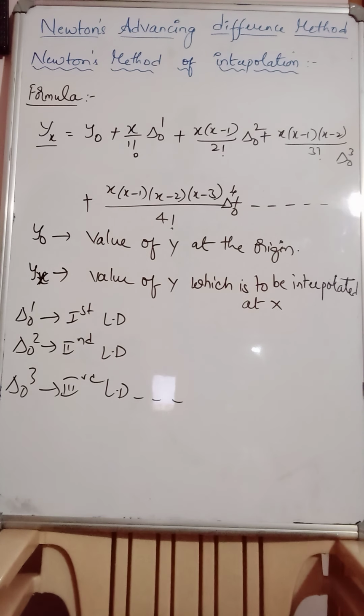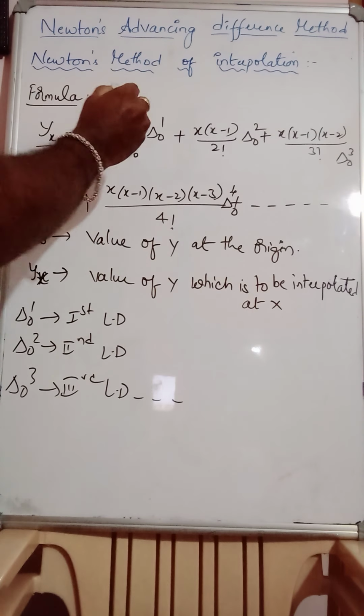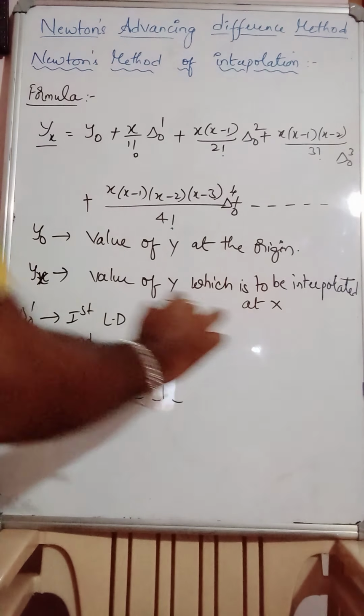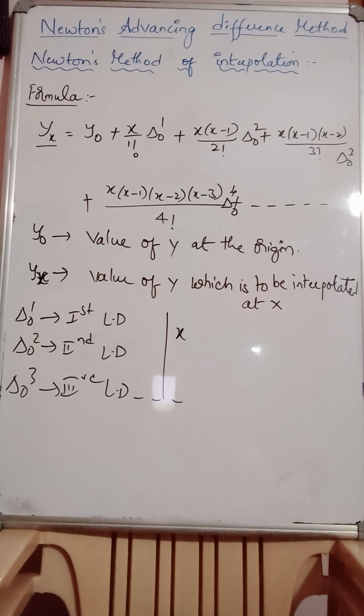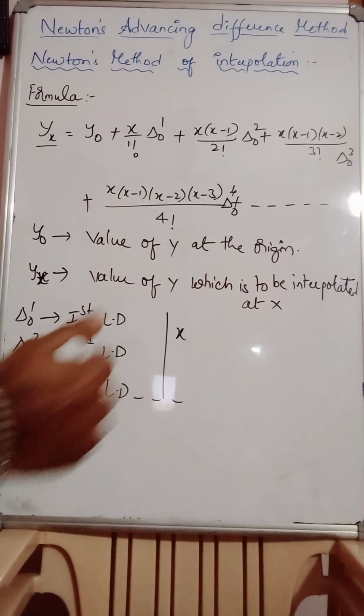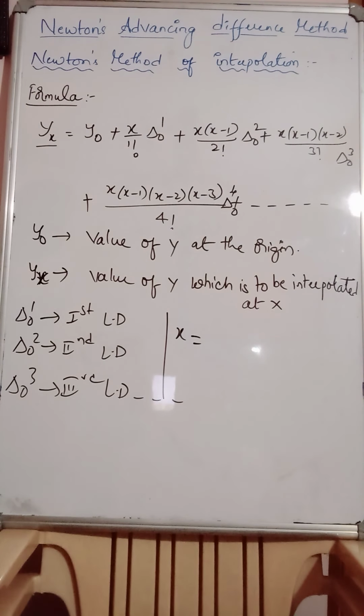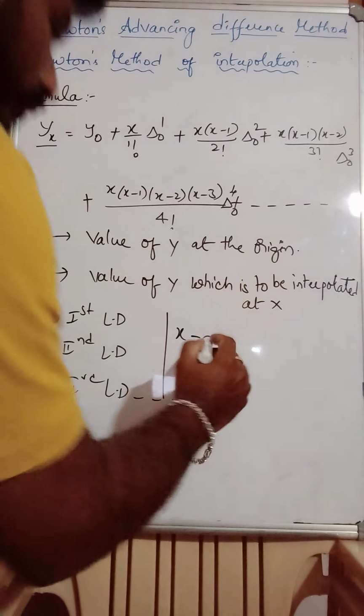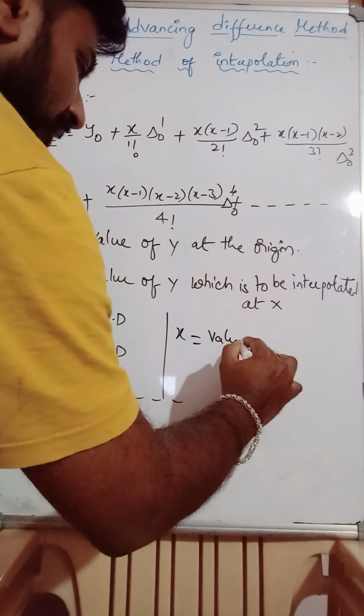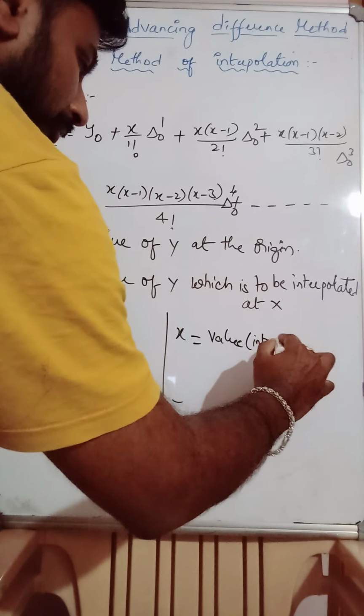Clear? If I show that table, then you will easily understand how to identify the y naught as well as delta naught 1, delta naught 2, delta naught 3 and so on, the leading differences. Now, what is this x here? X should be obtained by using a formula. What is that formula? How do we obtain this x? The value which is to be interpolated, meaning the value that is to be estimated,